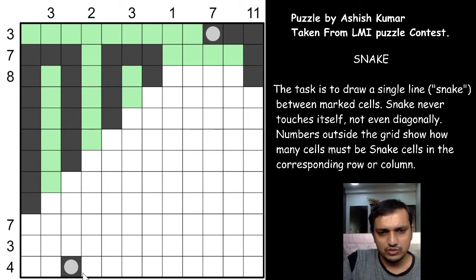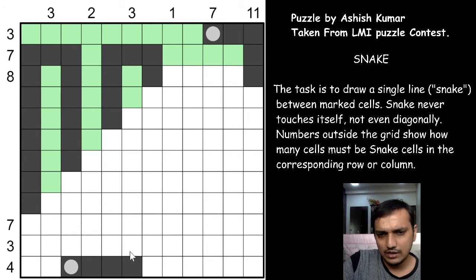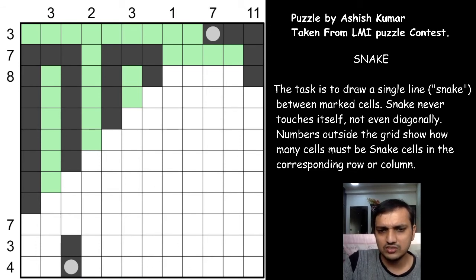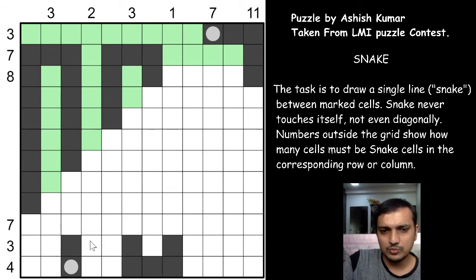And if you see this 4 now, there are 2 possibilities for this 4 to be fulfilled. Either the 4 will take all the 4 snake cells together and go up, or this point will go up and you will have one snake again coming, the same snake again coming down and using 3 cells at the edge and again going up. As I said already, minimum 3 cells are required if the snake has to come to the edge and again go back. So this is one of the possibility. This U shape can be anywhere, here or this way or this way or this way, anywhere.